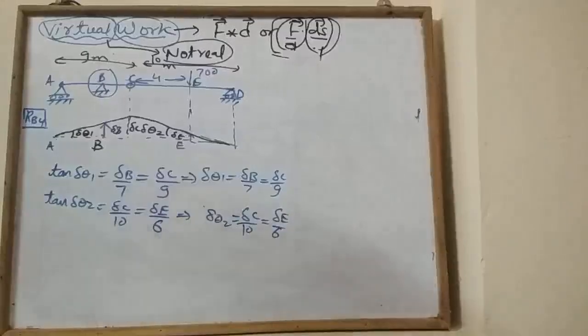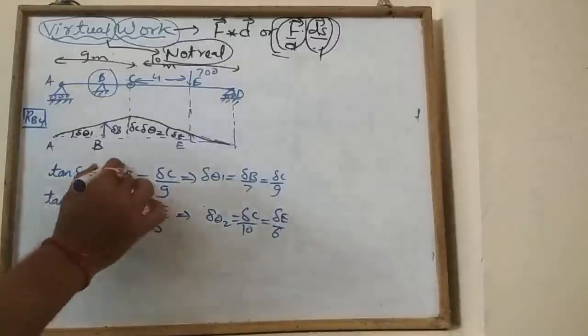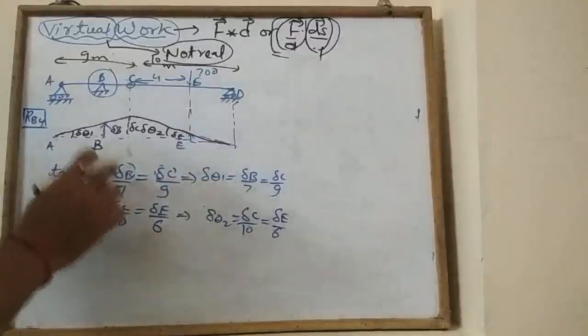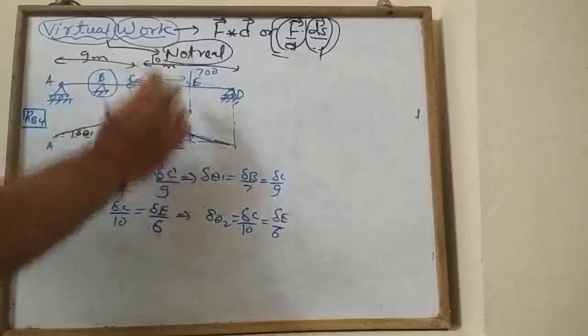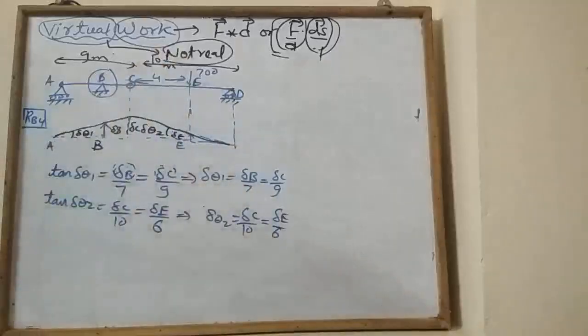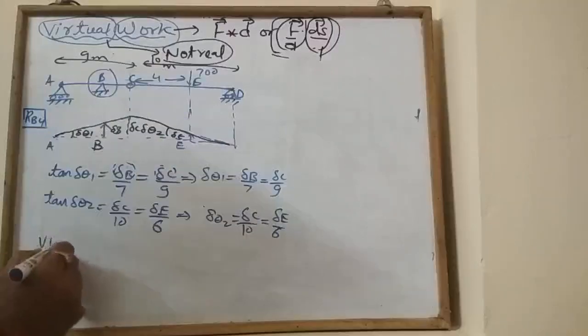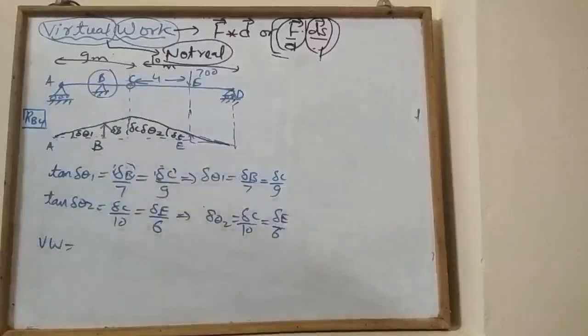Now we'll have to apply the principle of virtual work. Principle of virtual work means the total work done by these reaction forces plus external forces should be 0. These are virtual displacements, so the virtual work by these reaction forces and the external work should be 0. It means virtual work will be equal to